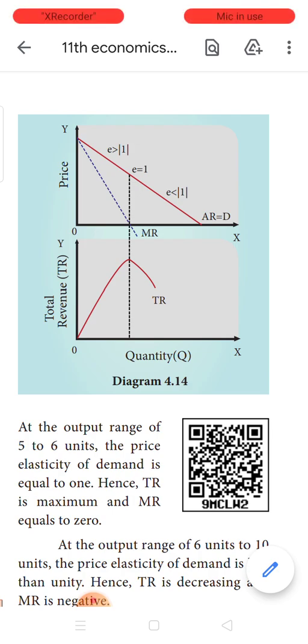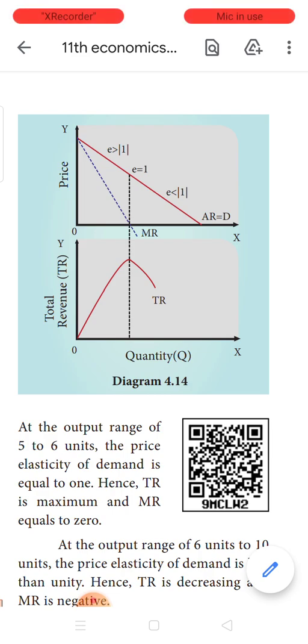At the point where MR is touching the x-axis, you could see the TR will be at the highest, which is according to the example 30. When the MR is touching the x-axis, the total revenue will be the maximum. At that particular point, the elasticity of demand is equal to 1. Now observe the last part. When MR is becoming negative, that is, it is flowing downwards into the fourth quadrant, below the x-axis, where the TR is just falling down, at that situation, the elasticity of demand will be lesser than 1.